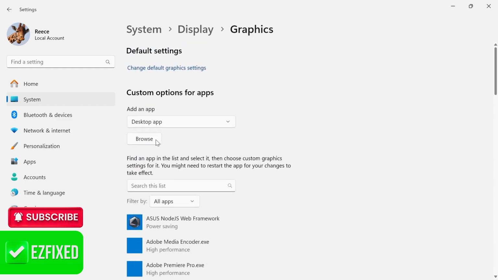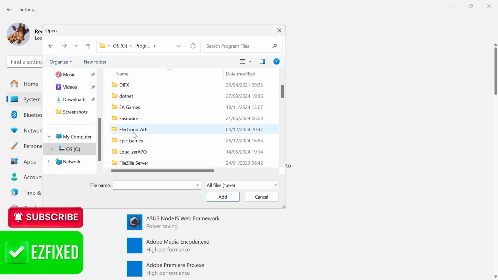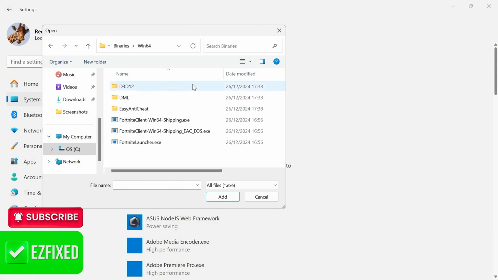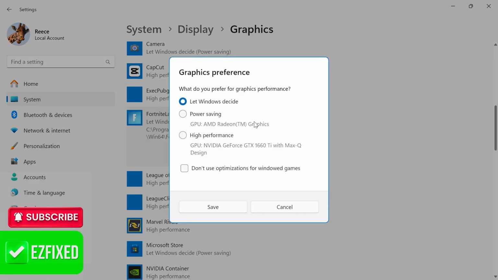Now, if you don't have the Fortnite game in this list, then what you'll need to do is head over to the top here and click on Browse. Scroll down and click on Program Files. Double-click on the Epic Games folder. Click on Fortnite. Double-click on the Fortnite game. Click on Binaries, Win64, and then you need to double-click on the FortniteLauncher.exe. Once you have Fortnite added to this list, click on Options, and make sure High Performance Mode is selected and